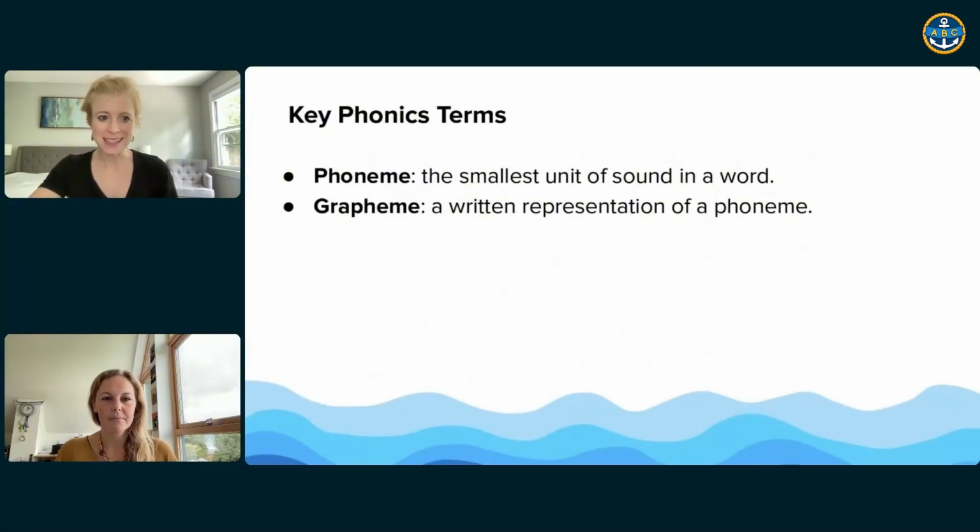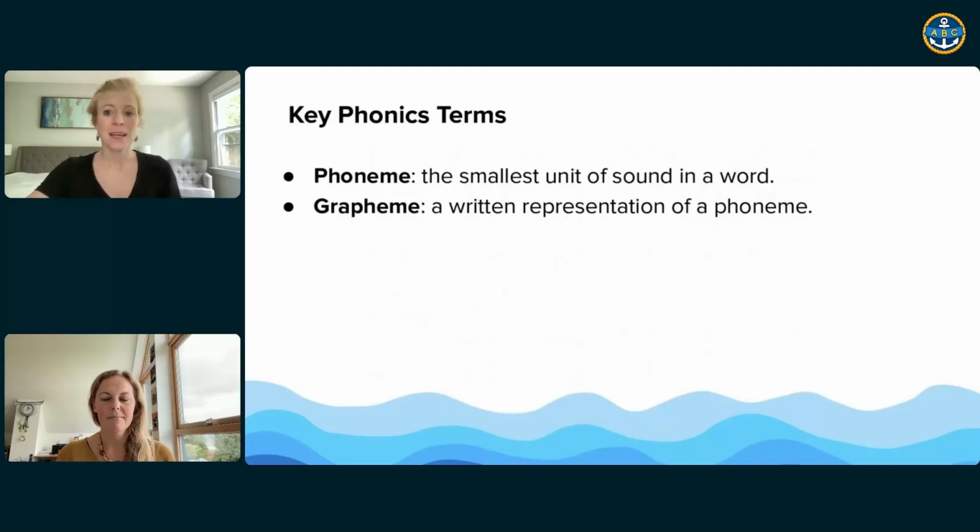The first term is a phoneme. A phoneme is the smallest unit of sound in a word. For example, the a sound in the word at. A grapheme is a written representation of a phoneme or sound. In plain English, the letter or letters that make the sound. For example, the letter T in the word at, or the letters t, h for the th sound in the